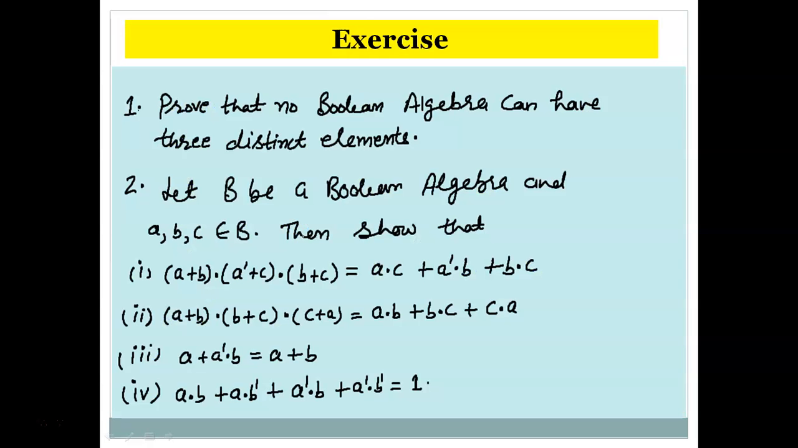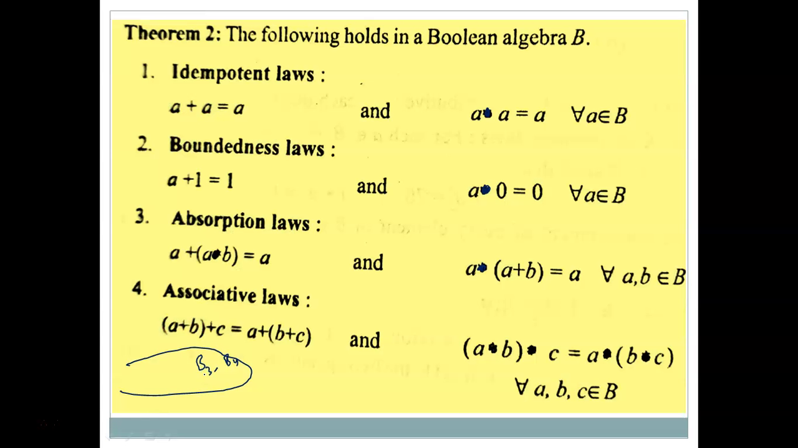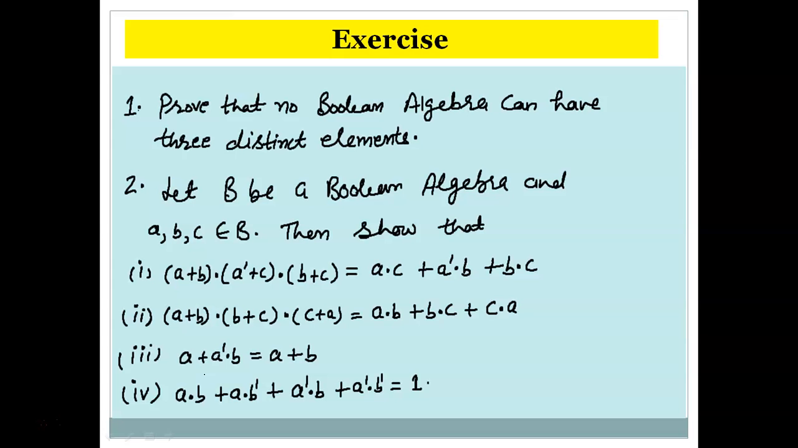For example, here you can see this exercise. The first one: prove that no Boolean algebra can have three distinct elements. The second exercise: let B be a Boolean algebra and A, B, C are three elements in B. Then show that (A plus B) dot (A dash plus C) dot (B plus C) equals A dot C plus A complement dot B plus B dot C. Similarly, there are these four parts. So you can practice these, and in order to show the left hand side equal to the right hand side, you can use these 4 laws and the B1, B2, B3, B4 properties of Boolean algebra. So that is it about this lecture,